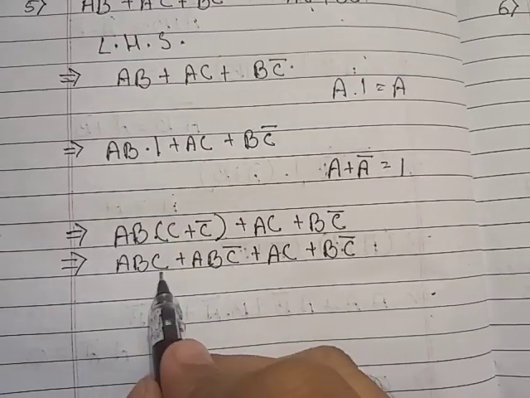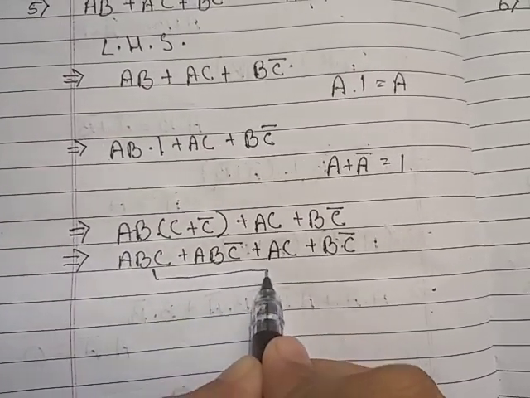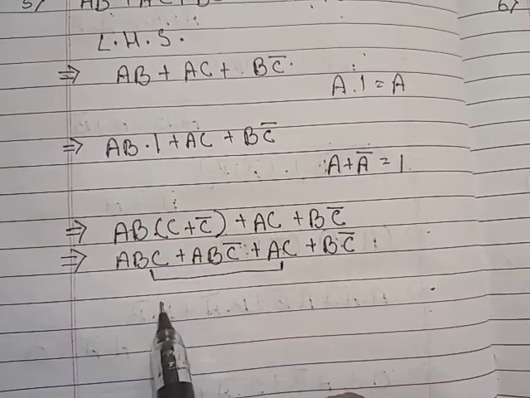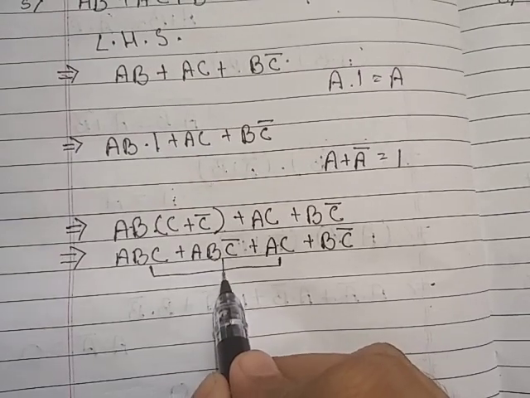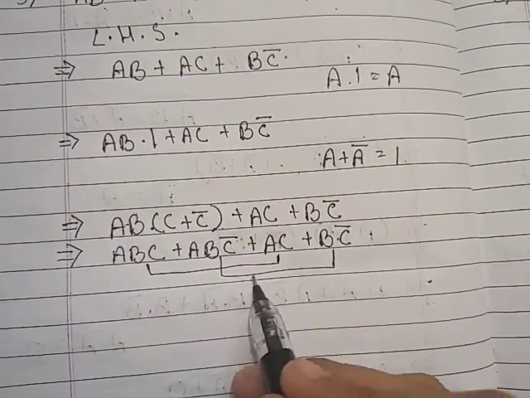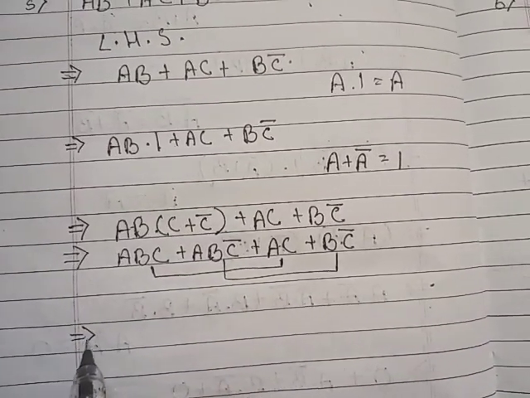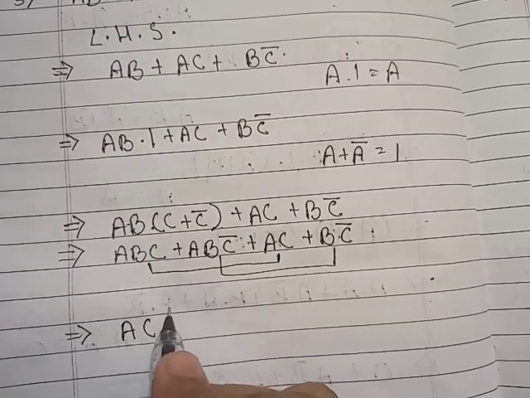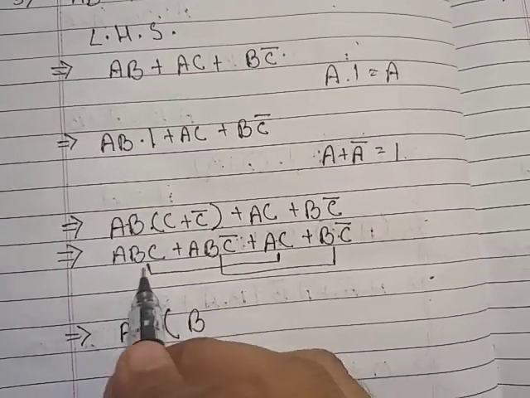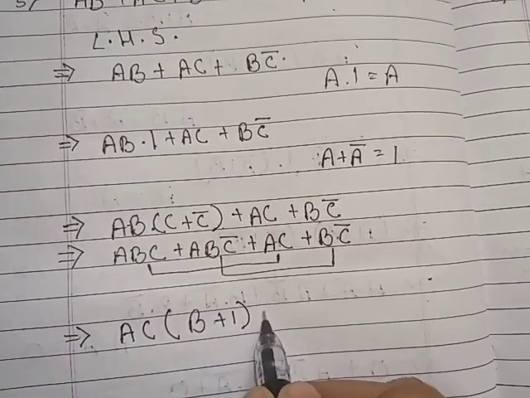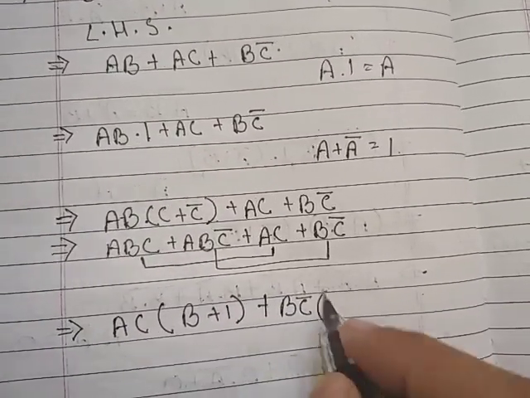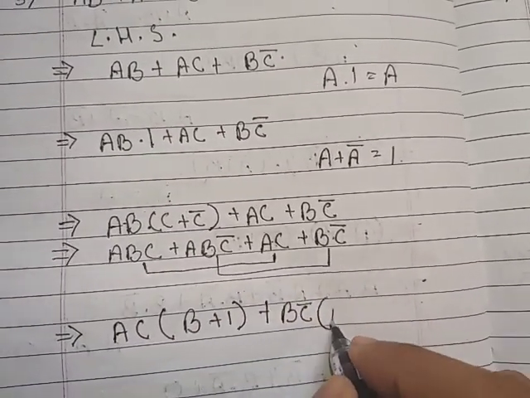From these two terms, we are taking AC as common, and from these two terms, we are taking BC bar as common. First we take AC as common. What is the remainder? B plus 1, and then BC bar as common, A plus 1,